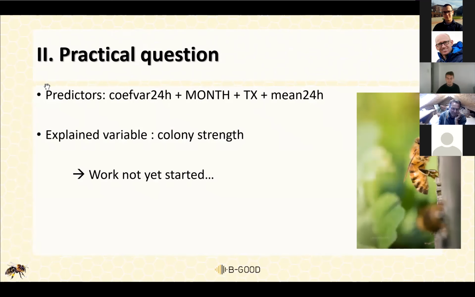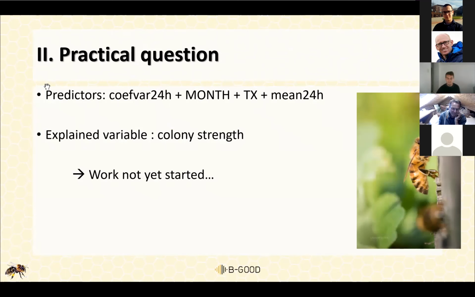So that was the first biological question. We still have lots to do on that. We are trying to investigate better predictors because we want to replace, for example, the months. That is not very interesting for us as a biological question.